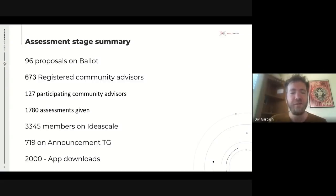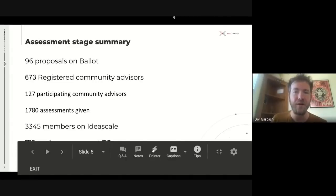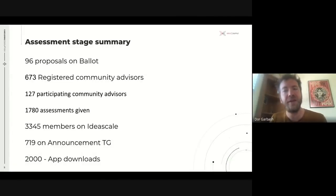And we have 719 people on our announcement Telegram, which is the place, and I hope you'll share a link at that point, because that's the place to be if you want to get informed about the latest and the next actions. And lastly, we just released this week a very early beta version of our voting app, and we already have about 2,000 app downloads. So let's dream together, okay? We're probably going to get a lot more downloads by the time voting starts. But let's imagine that every person that downloads the app is actually going to register to vote and participate. That would mean we will have 20x more participants in voting than any other DAO in the